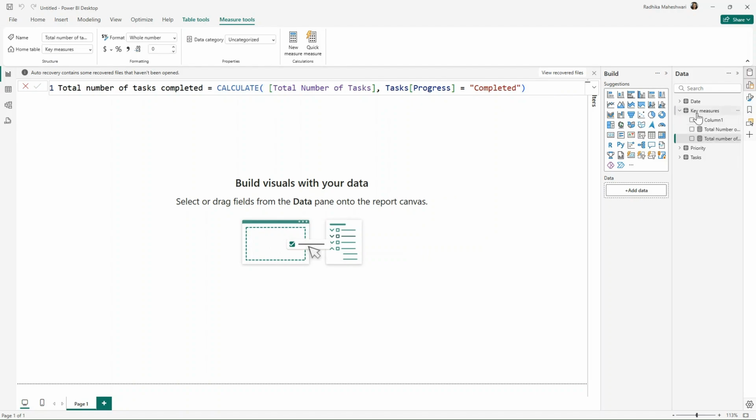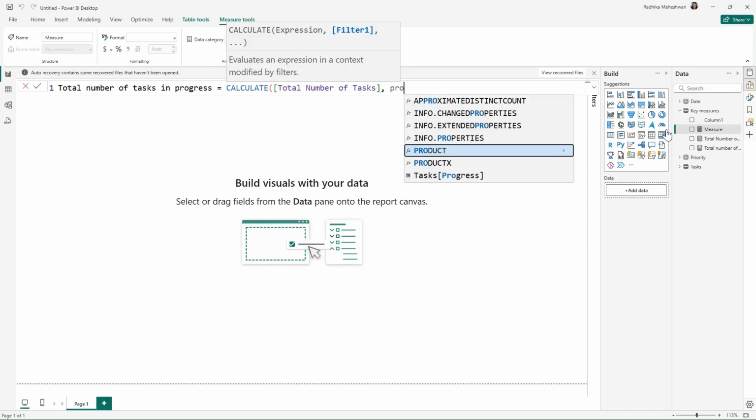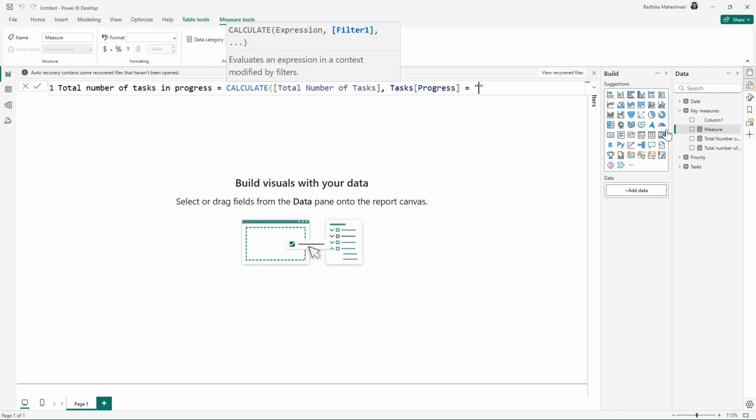Similarly, we're going to create the other measures, which are when the task is in progress and not started. So I'll call this total number of tasks in progress, will be equal to, again, calculate total number of tasks, and this time the progress should be equal to in progress because we are counting the in progress tasks.